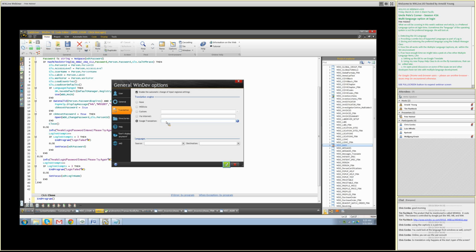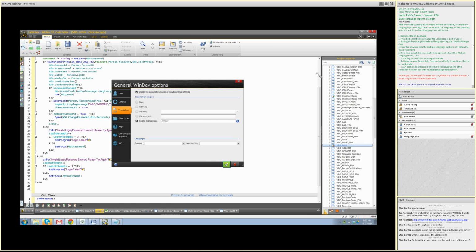My bill has never been over 10 cents a month. So it ain't a lot of money. It charges you a penny for every 100 translations or some crazy thing. It's not much. If you had an application that was doing a ton of on-the-fly translations, that could be an issue. But setting it up inside the IDE just so that you can get your translations done, no big deal whatsoever. So anyway, if you come here and click the Help button,